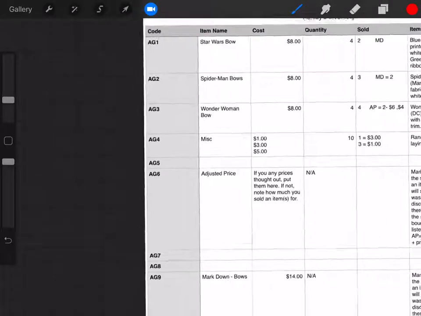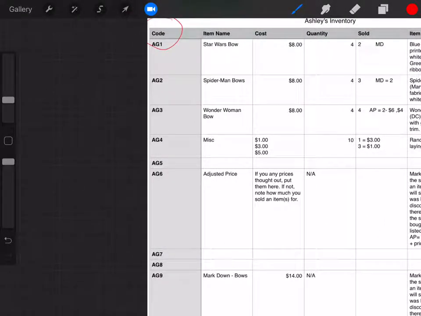First, we're going to go over code. With code, you want to explain code. It could be listed as, I know they ask for also ID. On mine, I just put code because that's what I normally call it, but it's an ID, same difference. I actually just use my initials, and it's used for identifying your art piece or your product,